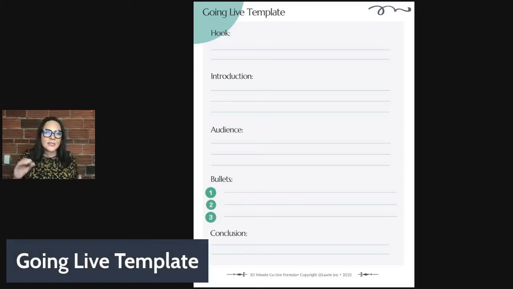What are people going to be able to get out of this particular live? And so we have this go live template for you so that you have your hook, and now you get to your introduction. And sometimes you might be thinking, well, this is intuitive. And sometimes it's not. Sometimes when you're just starting going live and you're a little bit nervous, having this template is really handy, right? You get to stay on track, you get to stay on pace, and you get to time out your live better, right?